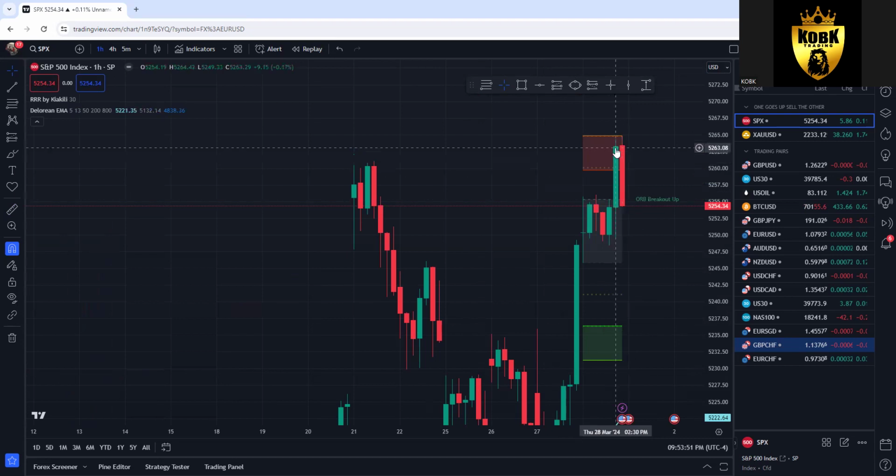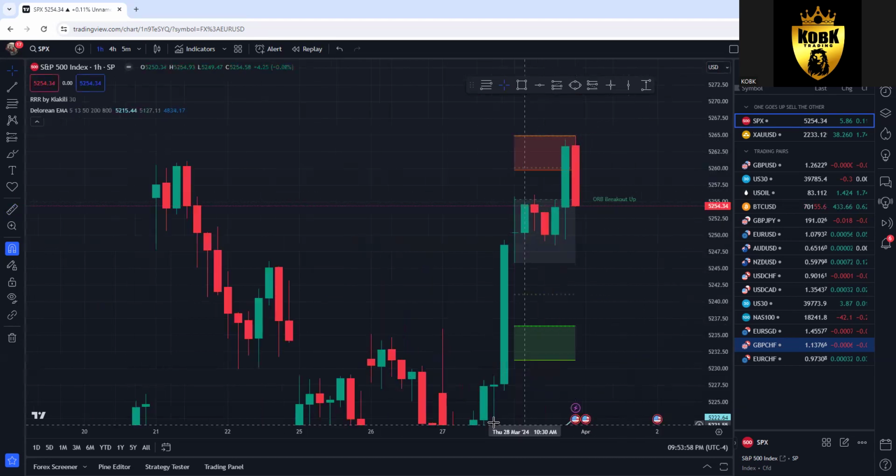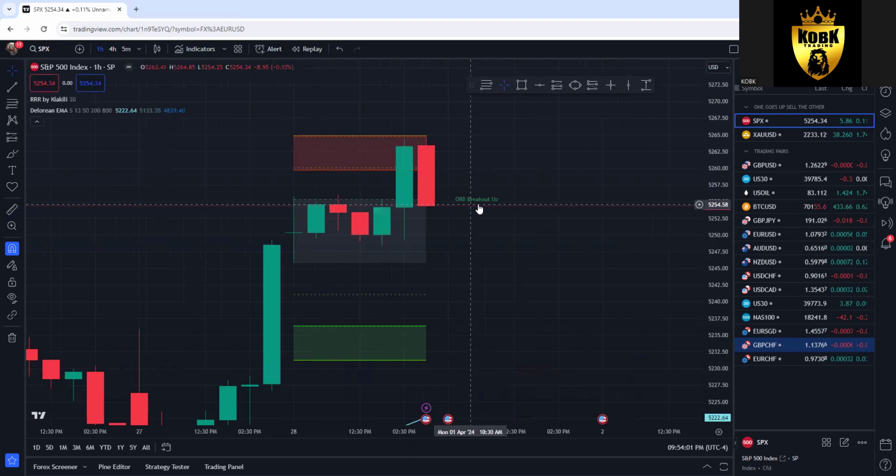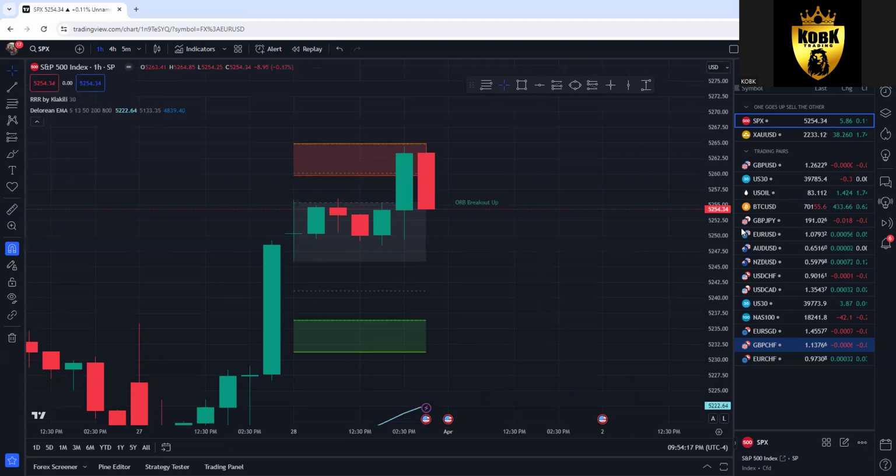Then it pulled back. But during this candle, I don't know if it hit TP2 and then came back. I can't tell within that market. But that's what the ORB breakout up looks like. And you guys that have this can take advantage of this with every single one of your strategies within your trades. Now, if we know this is going to be going up to the upside because we have the AGB,